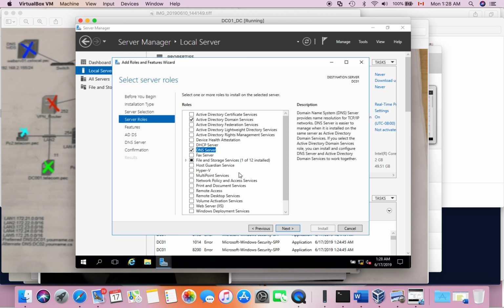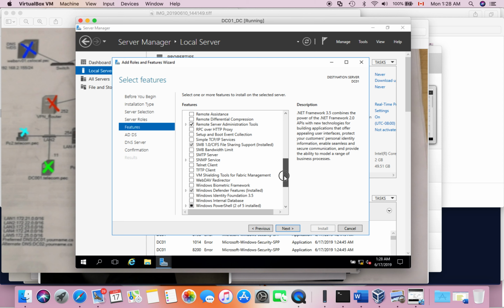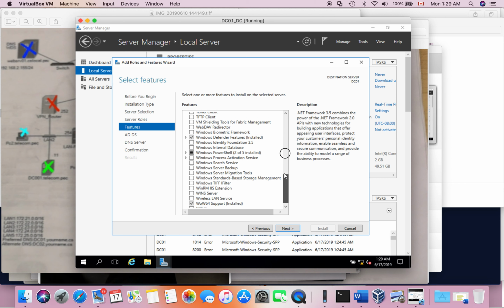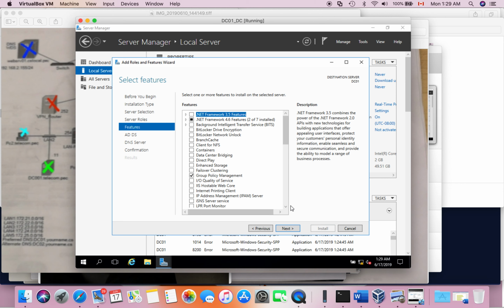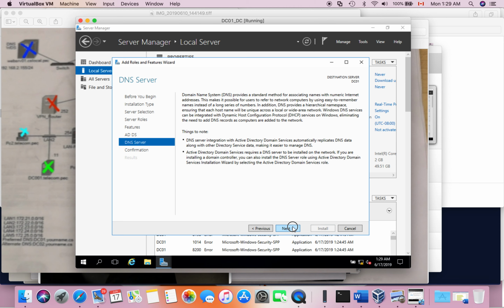So we're going to install DNS Server with it, next, and just next. This is Group Policy Management, that's okay. A lot of features, remote server administration, Windows Defender features, are going to be installed automatically. So next, next, next,